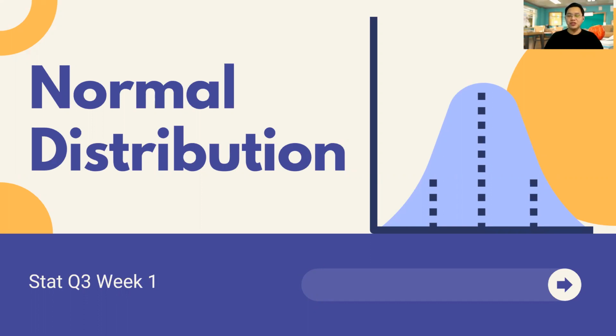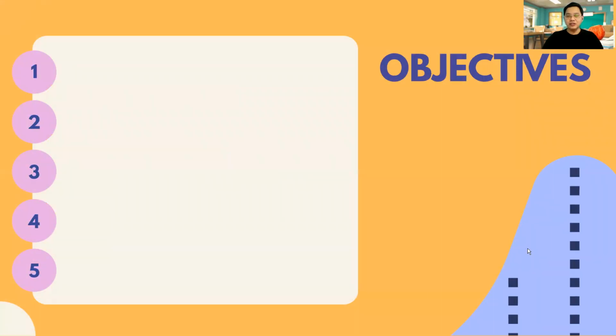Now, before we proceed with defining what a normal distribution is in comparison to other kinds of distribution, let us clarify first what we are expected to achieve in this lesson. So these are the five objectives that we hope everybody would be able to satisfy or acquire by the end of the topic. First is everyone should be able to relate what we call density curves and the concept